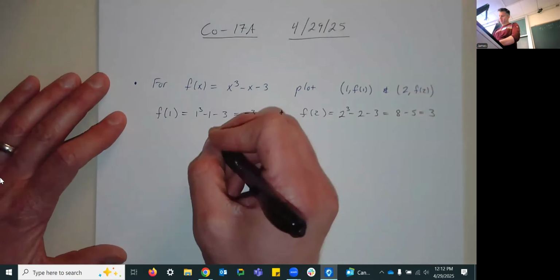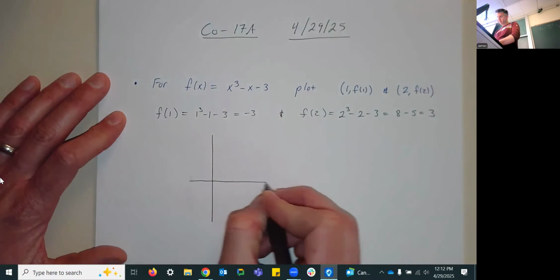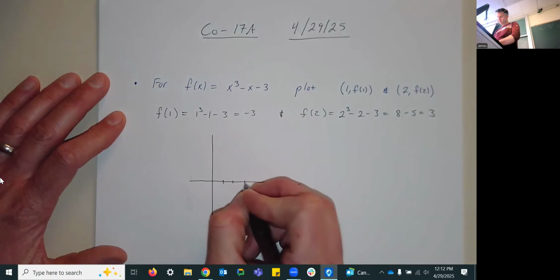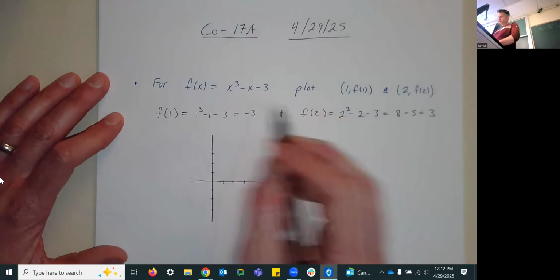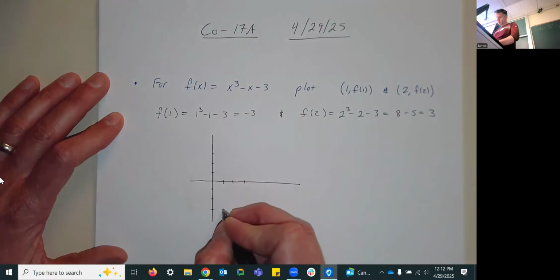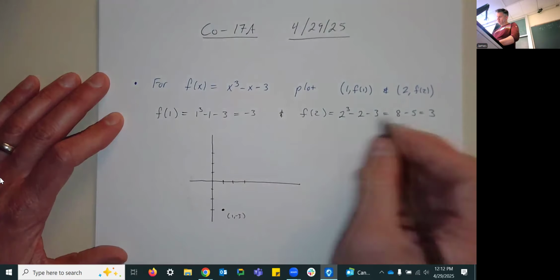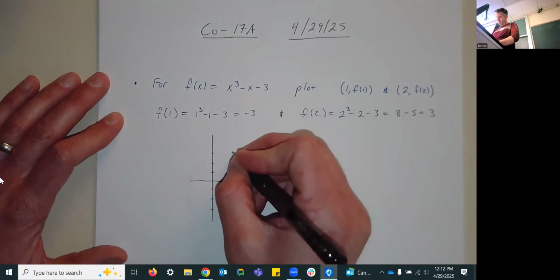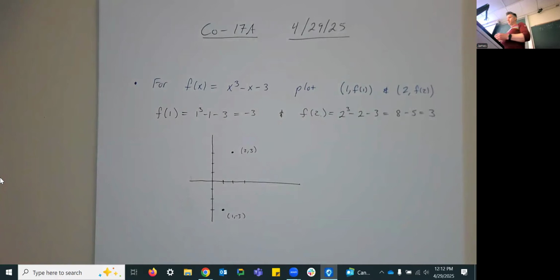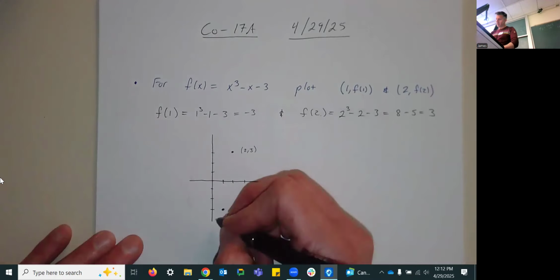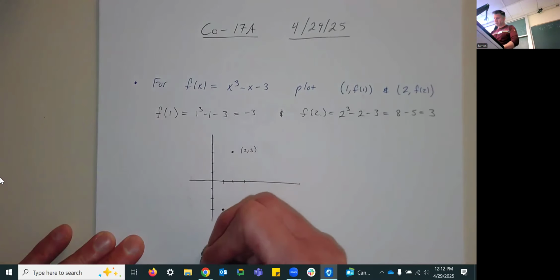So if we plot both those points, let's see, we have the point 1 comma negative 3 and 2 comma positive 3. And what I want to really point out here is that if you were to graph this function, since it is continuous, and we know it's continuous because it's a polynomial, and polynomials are continuous everywhere. Since it's continuous, there's no breaks. And so when we're graphing it, it's going to do something like